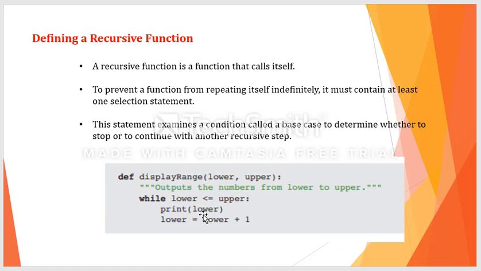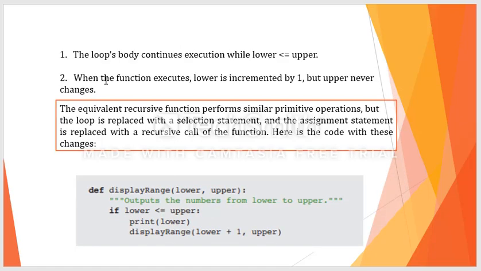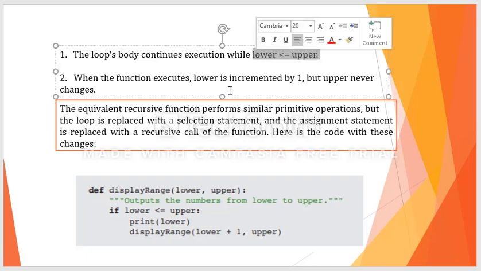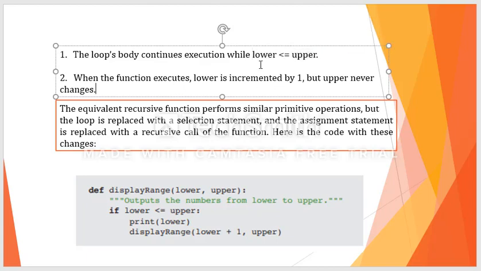ఓకే, సో పైన చెప్పిన దానికి ఈ ప్రాబ్లంకి ఇక్కడ ఎక్స్ప్లెనేషన్ ఇస్తున్నాడు. ద లూప్ బాడీ కంటిన్యూస్ ఎగ్జిక్యూషన్ వైల్ ద లోయర్ లెస్ దెన్ అప్పర్. లోయర్ లెస్ దెన్ అప్పర్ అయ్యే వరకు ఈ లూప్ కంటిన్యూ అవుతూ ఉంటుంది, మొత్తం వాల్యూస్ మీకు ప్రింట్ అవుతాయి. ఎప్పుడైతే లోయర్ వాల్యూ అప్పర్ వాల్యూ కన్నా పెద్దదైంది అనుకోండి, అప్పుడు ఈ లూప్ బ్రేక్ అవుతుంది. దెన్ వీ నీడ్ టు స్టాప్ ద ప్రాసెస్ అండ్ డిస్ప్లే ఆల్ ద నెంబర్స్. ఓకేనా. సో దెన్ హియర్ ద నెక్స్ట్ ప్రోగ్రామ్ చూడండి కింద,